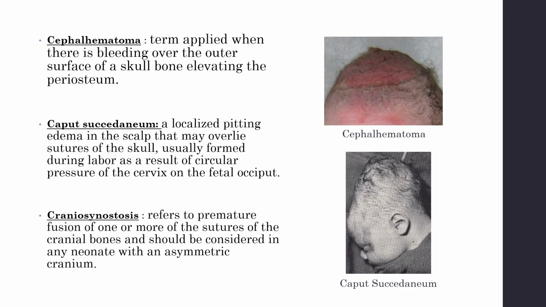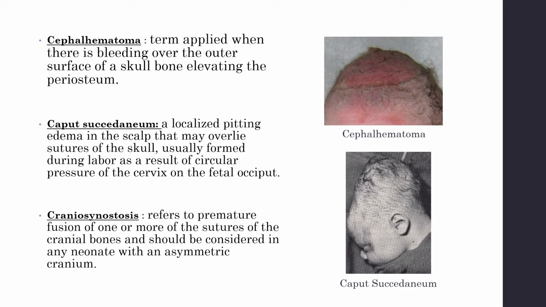Craniosynostosis is the premature fusion of one or more of the sutures in the cranial bones. We're going to get into a lot more talk about this condition when we talk about plagiocephaly later as well. But the sutures in baby's cranium should not be fused at this point. So if that happens, one of the things that we want to make sure is that we do refer them out. If we suspect that there is a fusion of the suture, we need to refer them out